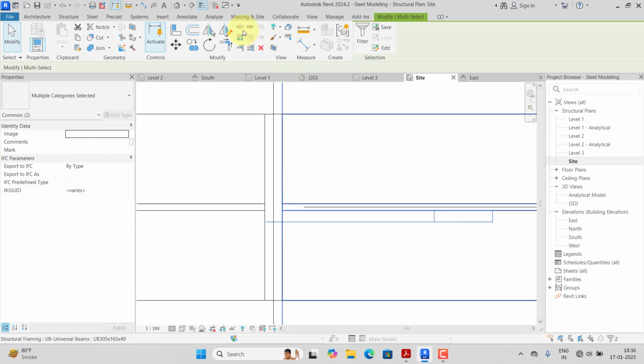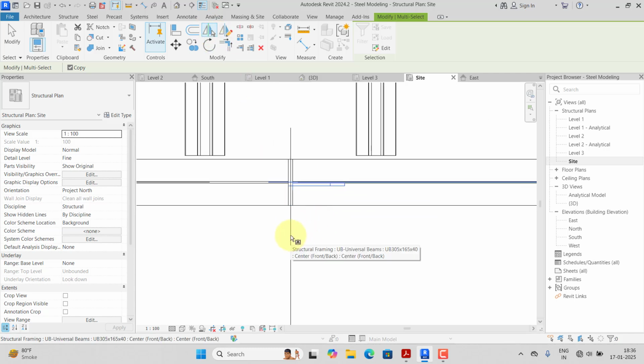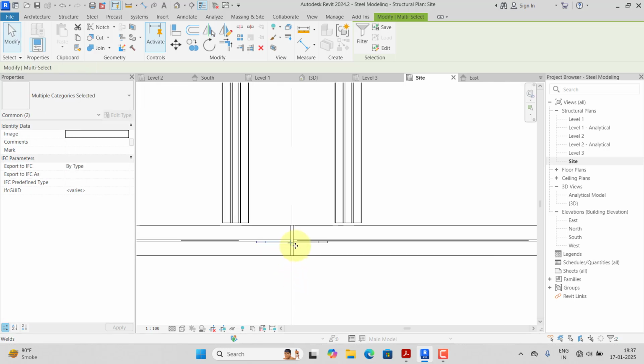Now let me do the mirror. So mirror, draw a peak axis. Let me peak here. Grid number, this middle grid. Then after